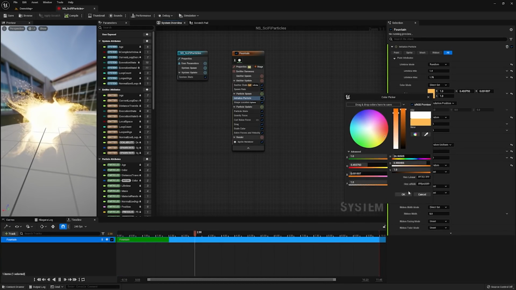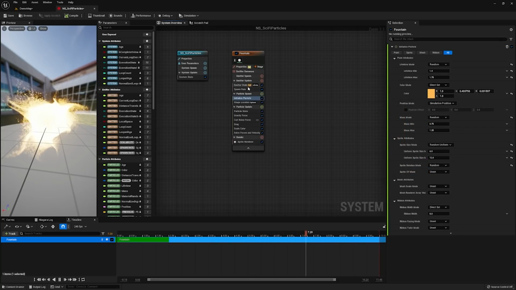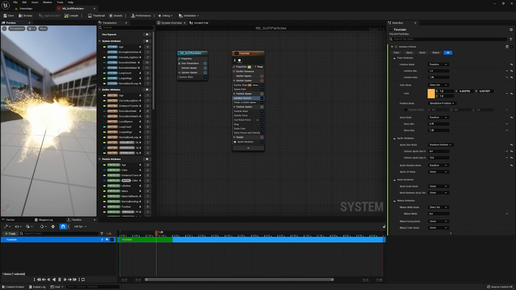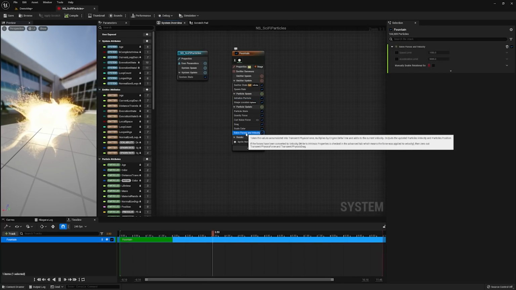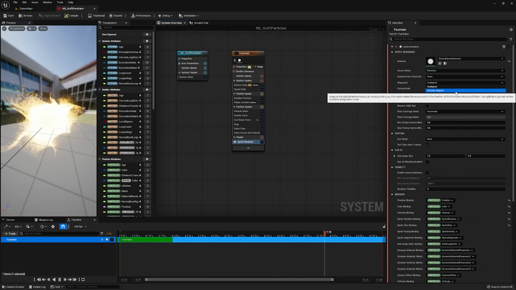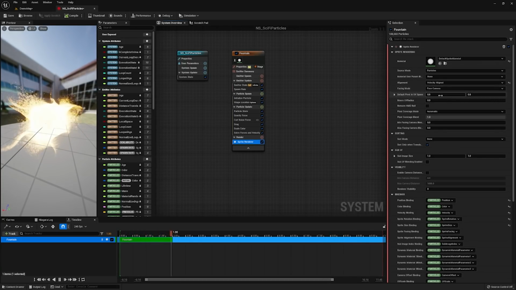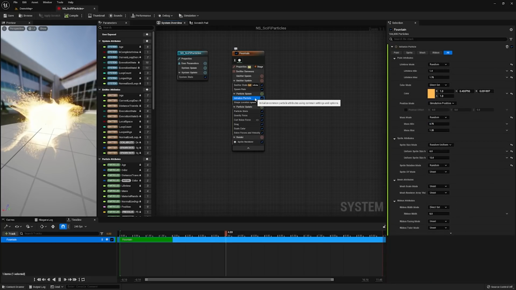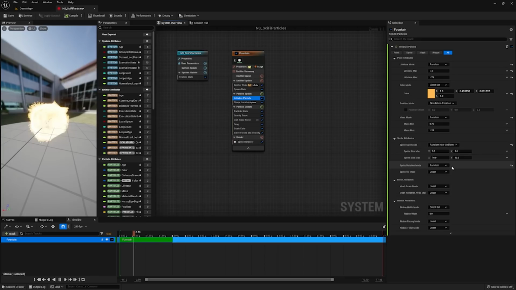By default, every particle is always facing you. A cool thing that we can do is set the alignment of these particles so that they actually go along the velocity direction. So as the particle moves through space, it's kind of stretching along that way. This means that I can go down to the bottom to the sprite renderer and change the value to be velocity aligned. If I was to go back to my initialized properties, I can see that it's possible for us to actually set the initial size to be different on the X and Y axes. Let's take a look at how that goes.